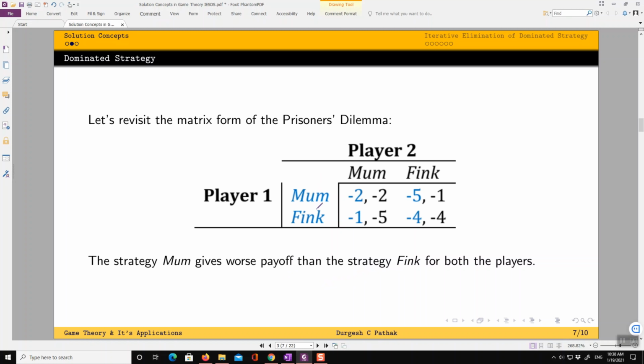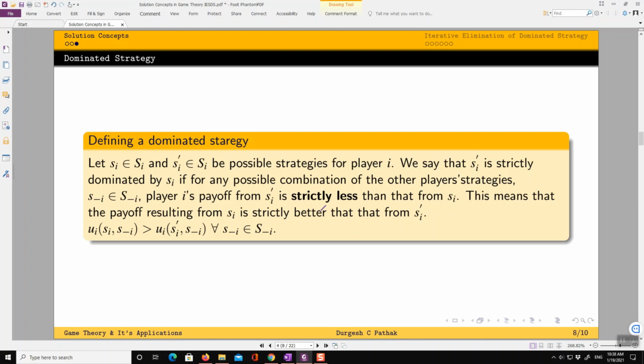So we can say that mom is strictly dominated by strategy Fink for both the players, or conversely, as we used in our dominant strategy, that Fink strictly dominates mom.